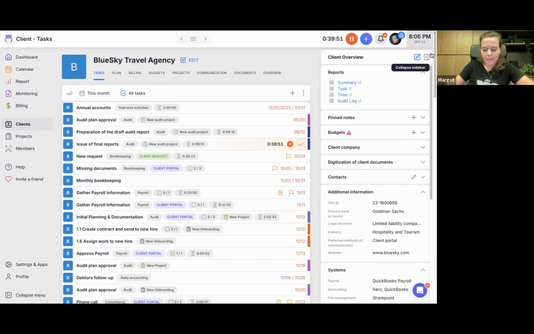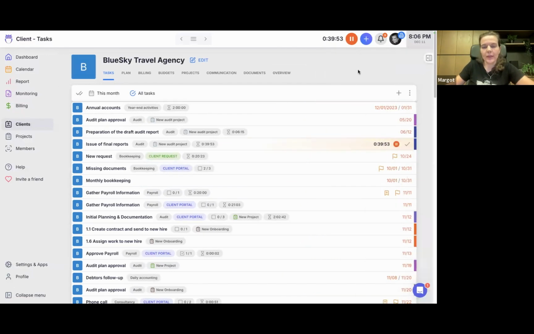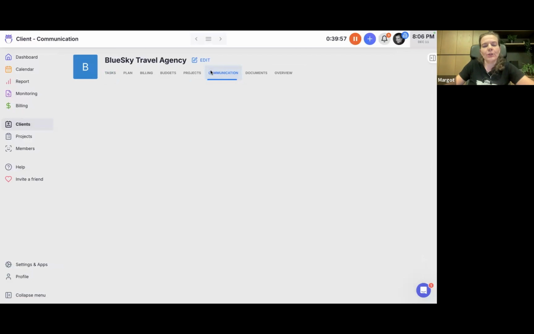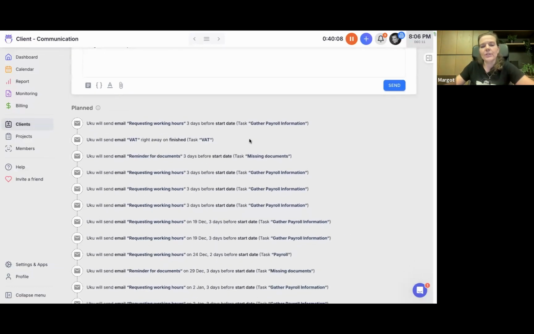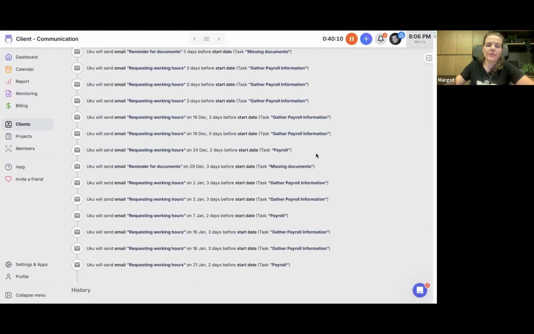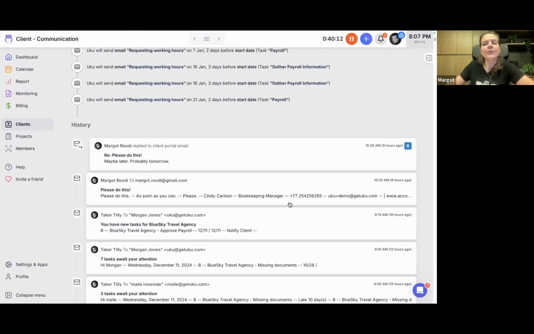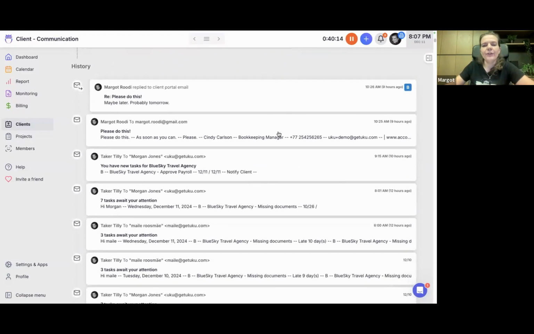Once you have your clients set up and you start work with them, you can manage all the communication with your clients. You can see all the communication history with your clients under the communication tab. If you need to, you can also send out emails from here. You can see all the automations that you have set up for emails. And you can see the history of emails that went out and also the